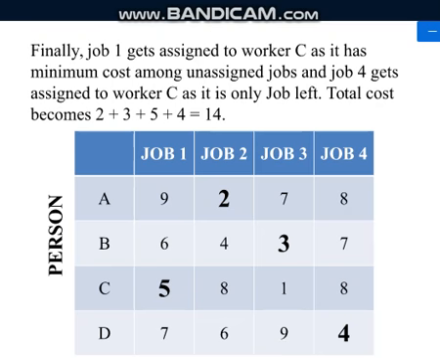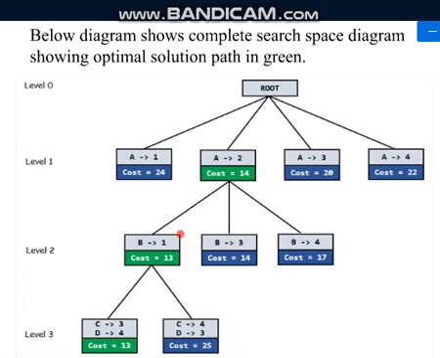So now what we have to do is, again we will check. Now 2 is already done for A, so you cannot allocate 2 to any other. So you are just checking with 1, 3 and 4. If I allocate 1, then the cost is actually reduced now. The cost is 13. See, if I allocate 3, the cost is 14.